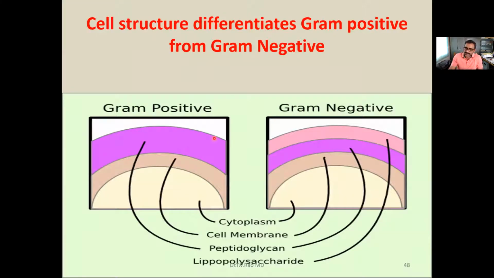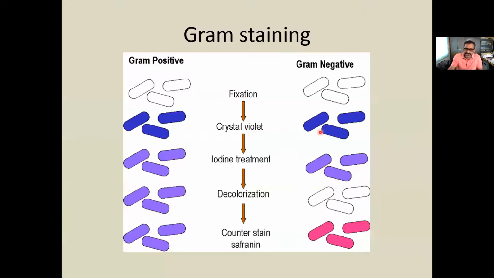You have studied prokaryotic cell structure and function, the cell wall contents of gram-positive and gram-negative bacteria. You know that gram-negative bacteria contain more fat. When you first put the crystal violet, both the bacteria take the crystal violet color and look blue in color. When you put iodine, an iodine crystal violet complex forms, which is bigger than crystal violet itself. Still, when you observe under the microscope after iodine treatment, both the gram-positive and gram-negative bacteria look blue in color.